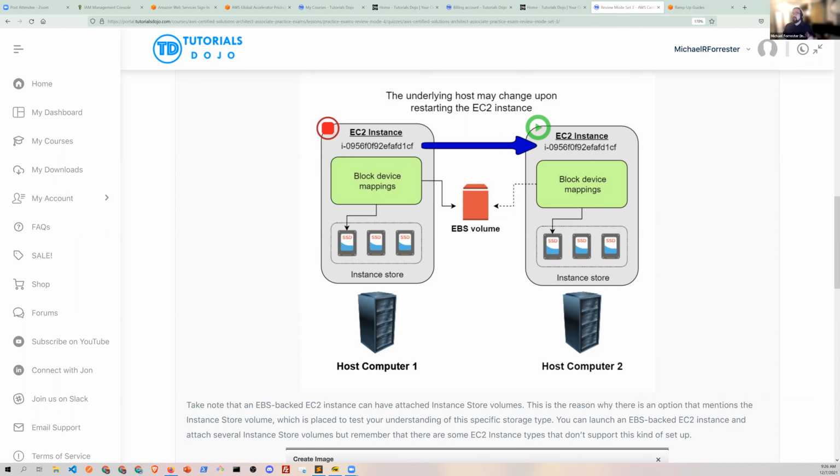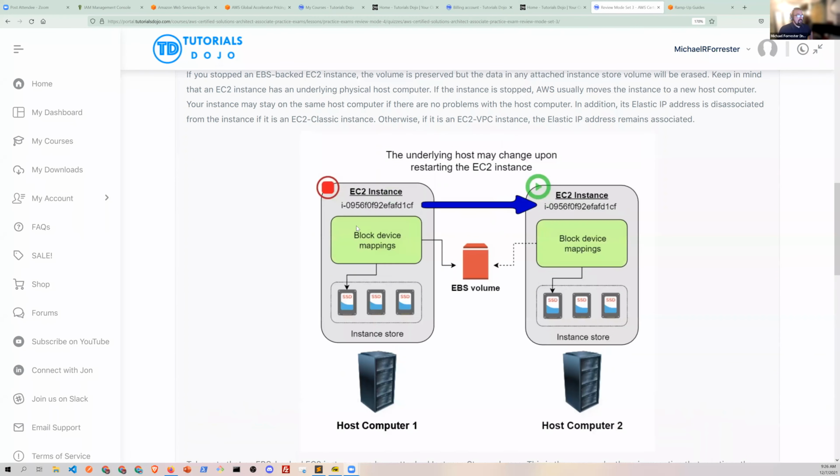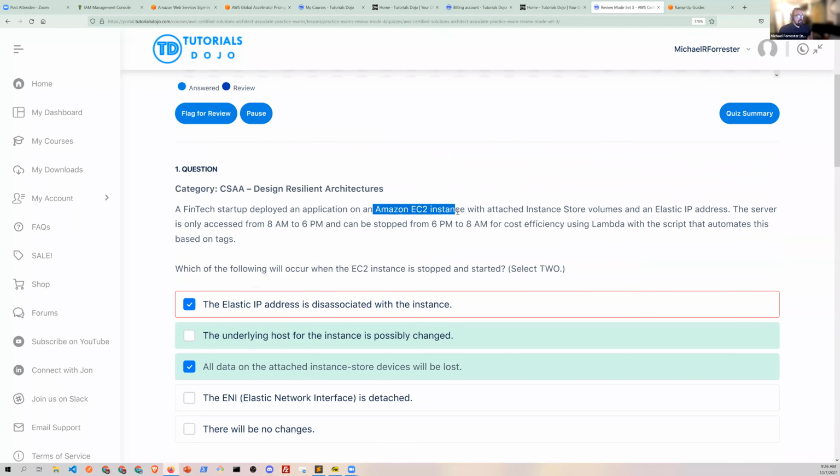So most of the time, you're not going to use instance storage. I don't even know why they test you on this, because the recommendation is not to use instance storage unless you're just using scratch drives or ephemeral systems. The other thing to note is that they want you to know what outcome they're looking for, and how these services relate to each other.